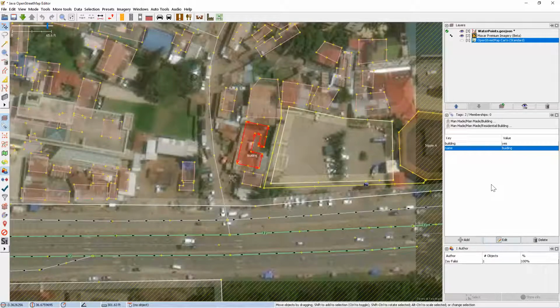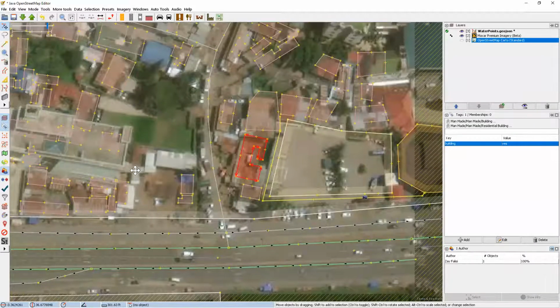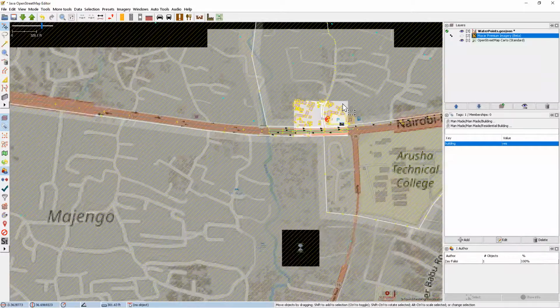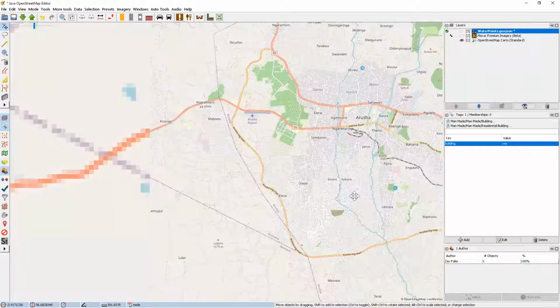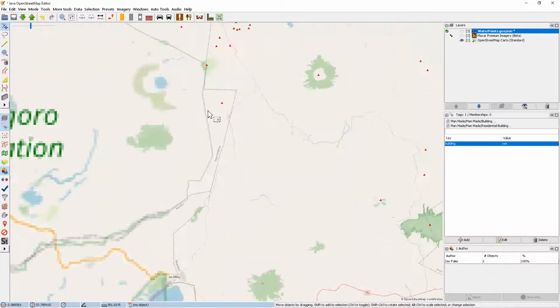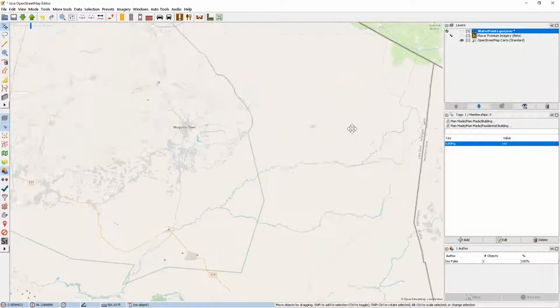So I'm going to just delete this tag because there's no reason. It is a building. You can see that it already has the tag on it. And then, let me zoom out to go to, this was Arusha. Let me go down closer, more in this area where we have,